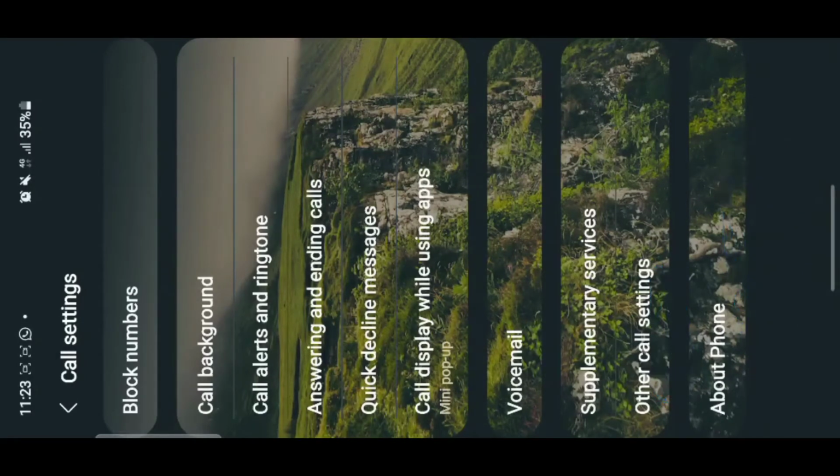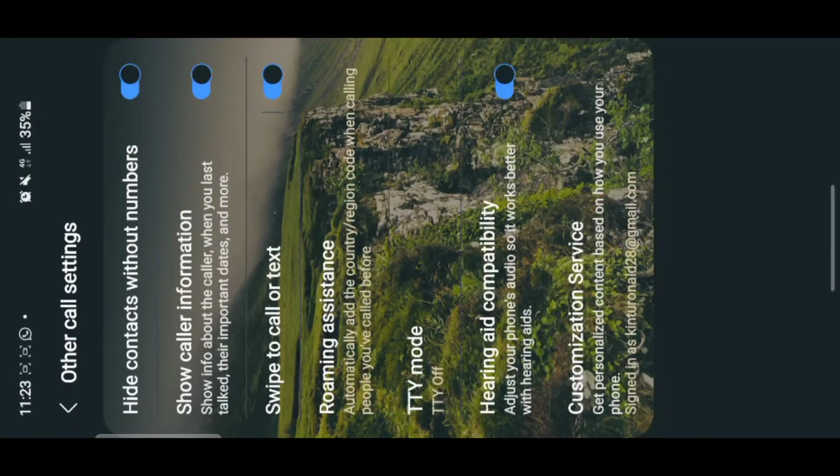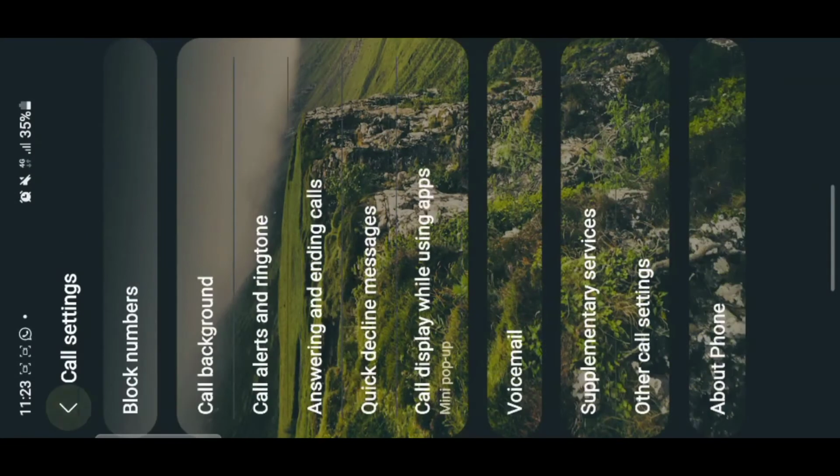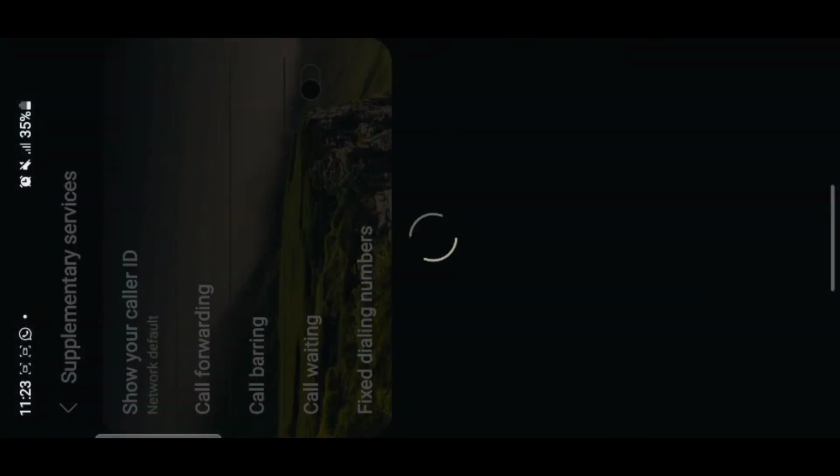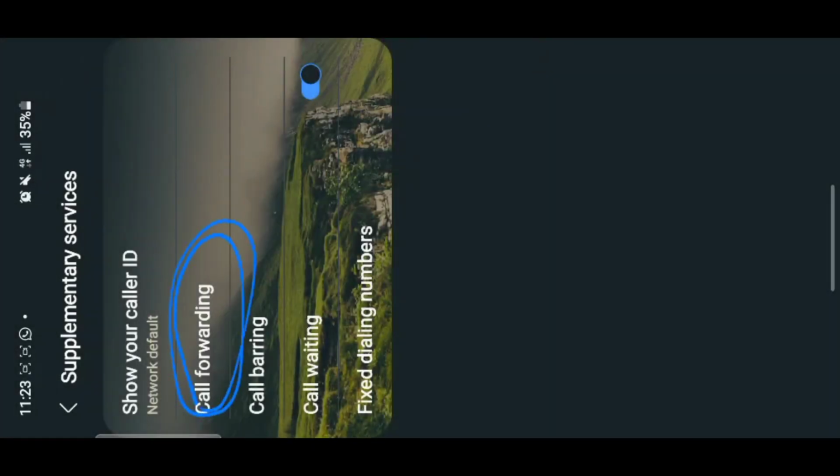But if you can't see it, you just place on other settings, and when you place on other settings and you can't see it, you look for supplementary services. And when I place on supplementary services, as you see, I've been able to access call forwarding. Here it is. So this is call forwarding, and there are many different settings: call barring, show your caller ID, call waiting, fixed dialing number. But we are mainly going to talk about